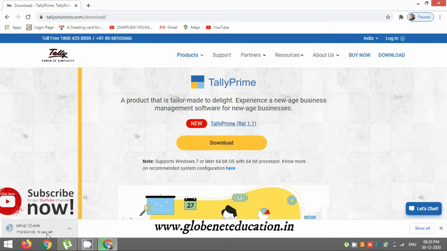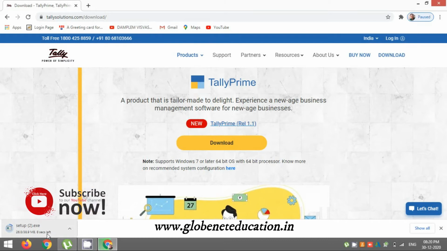Basically this is the new version of Tally. Before we had Tally ERP, now we have Tally Prime. There are a little bit of changes in terms of animations and in some features.